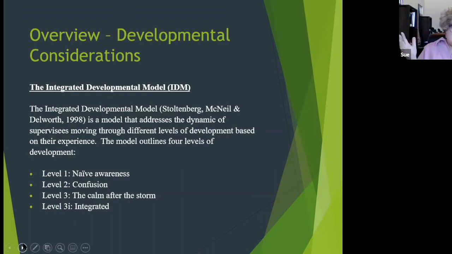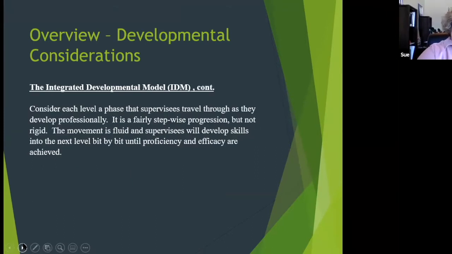I have supervised people from the very first practicum to postdoctorate. So I like it because it really provides that conceptualization. If you're supervising different people at different levels, how do you do that? And the model does lay out thoughts and concepts at each level to consider, to help provide the support and structure as your supervisee is going through all of those things. So as a foundational piece, I just wanted to talk about that.